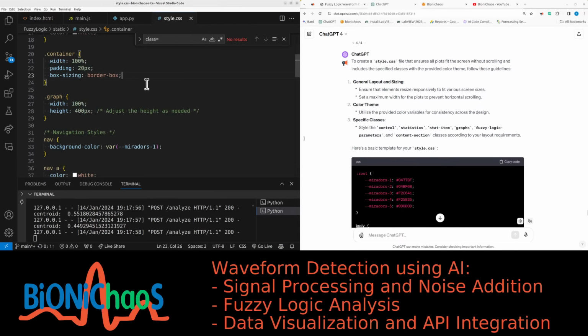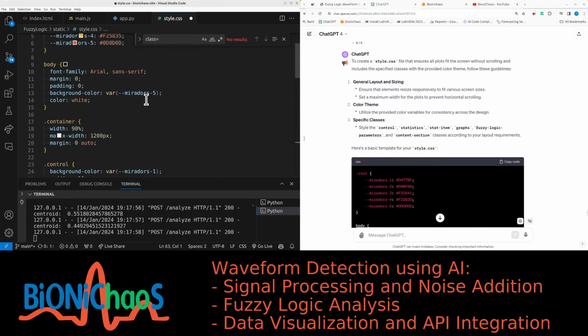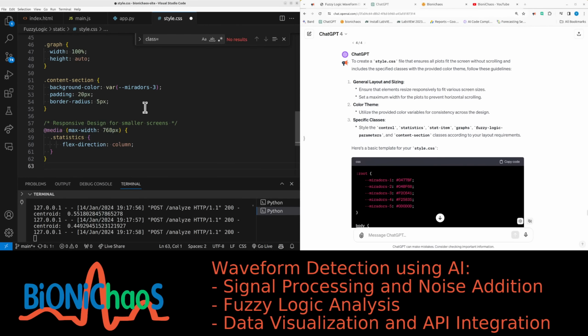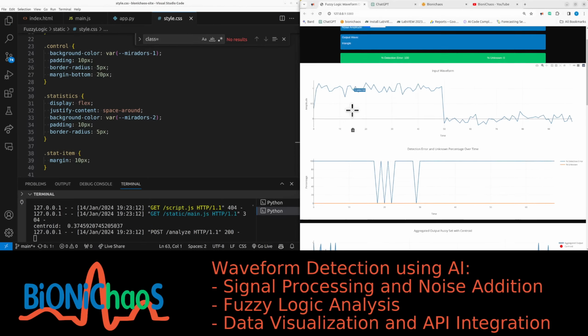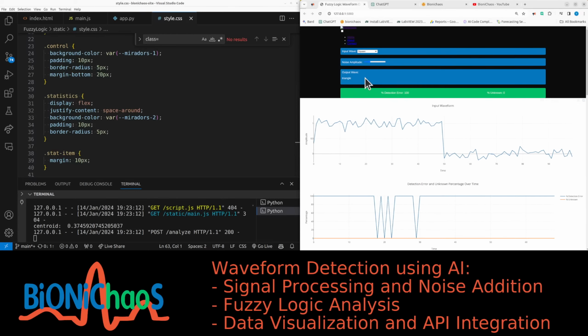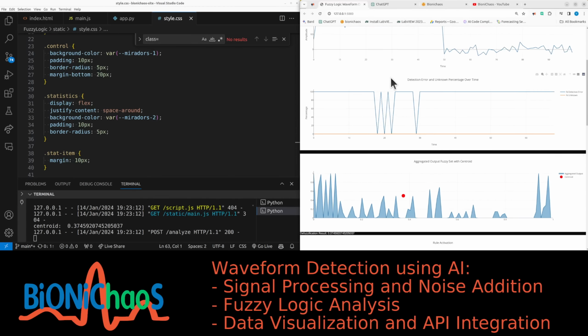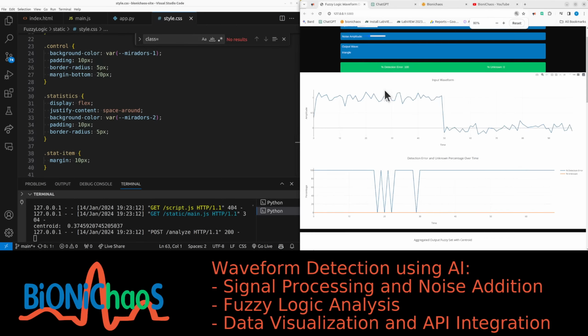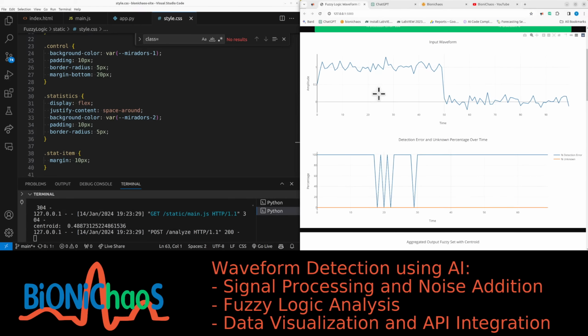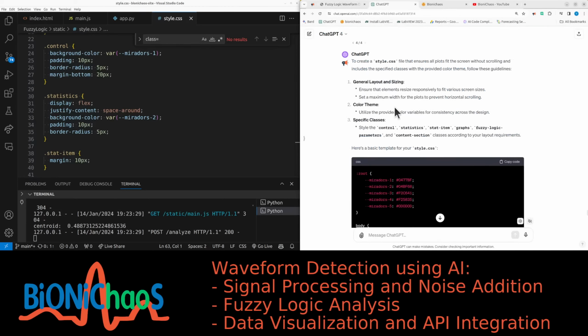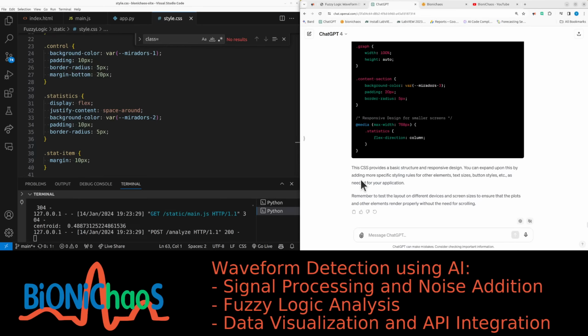Specific classes: style the control, statistics, stat item, graphs, fuzzy logic parameters, and content section classes according to your layout requirements. Here's a basic template for your style.css. Root: --mir1 #0477BF, --mir2 #04BF68, --mir3 #F2C641, --mir4 #F25835, --mir5 #0D0D0D. Body: font-family Arial, sans-serif; margin 0; padding 0; background-color var(--mir